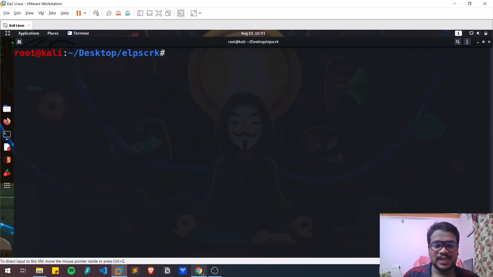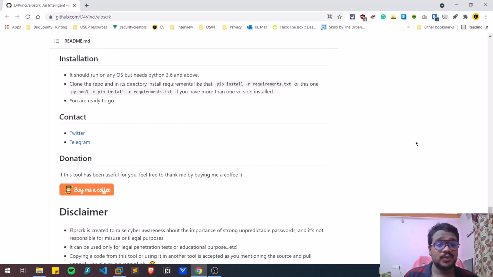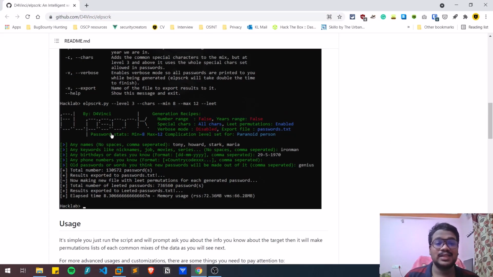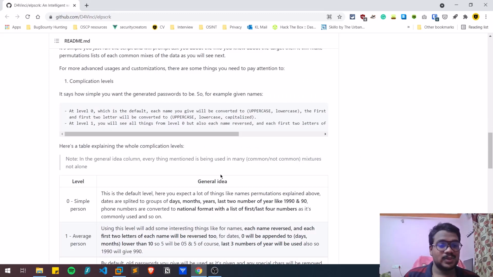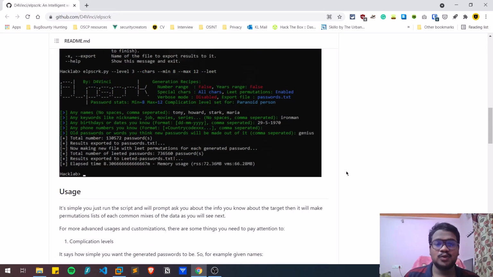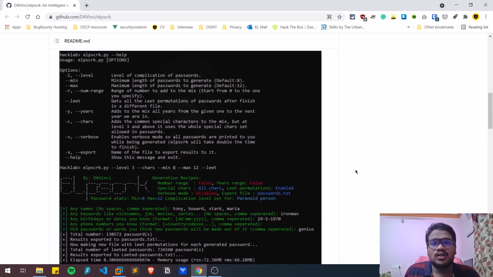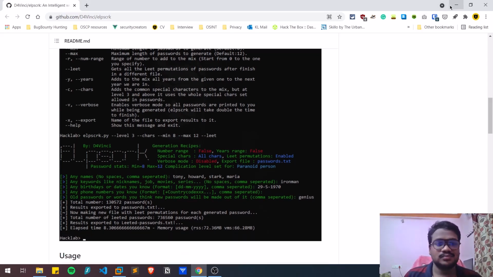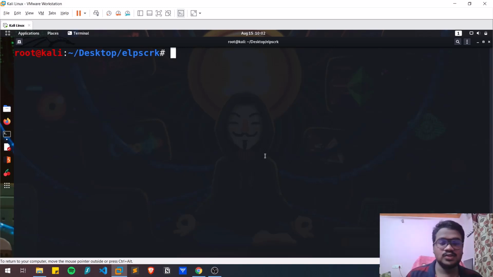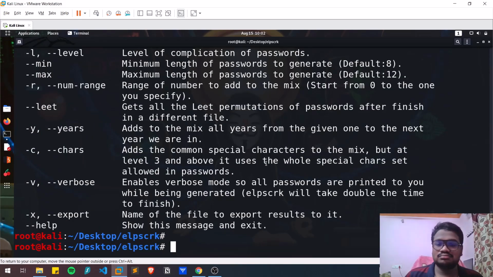We can go back to the tool page, and you can see the screenshot and observe what things you can see. Level 1 person, level 2 person, level 3, and so on. We'll try to look at two levels, and as always, you can try to play with this tool using all the options that you can. If you look once again, the -c option allows you to add some special characters at the end or anything else. People generally add special characters, and you can do that as well.